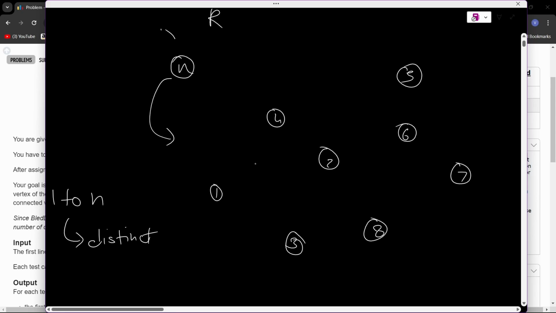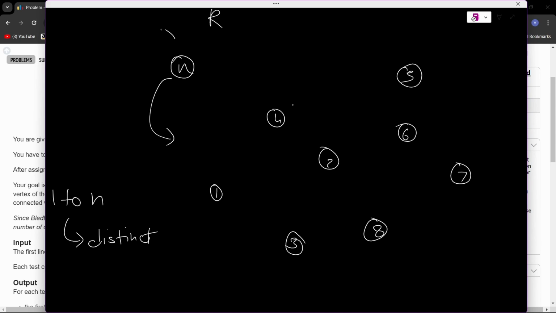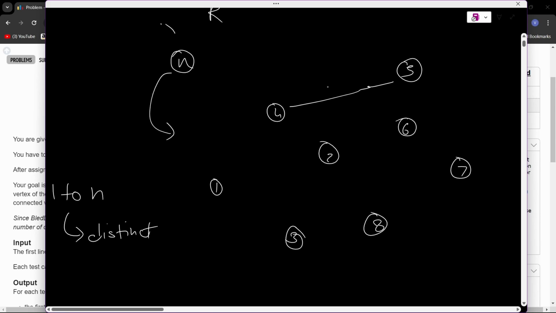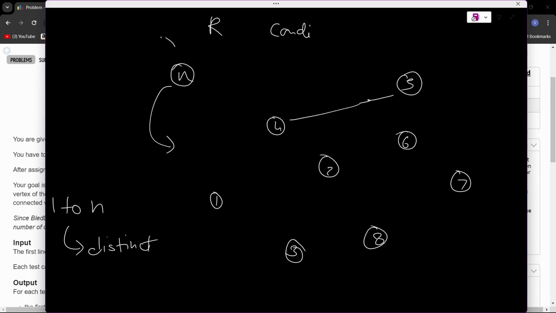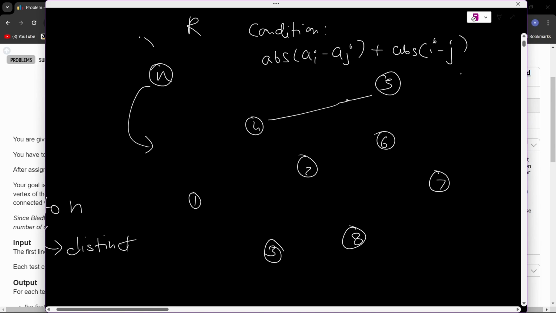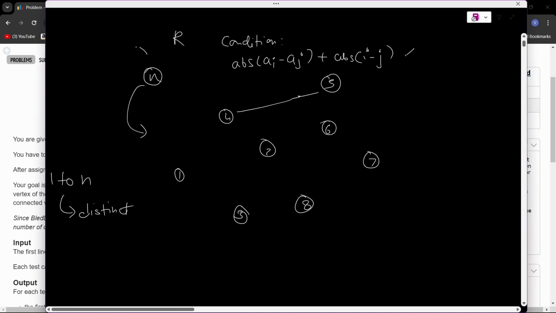And after that, you join two nodes with an edge if this condition is satisfied. The condition is that the absolute value of ai minus aj, where a is the number that you have assigned, plus the absolute value of i minus j, where i and j are the node numbers, should be less than or equal to k. So after assigning these